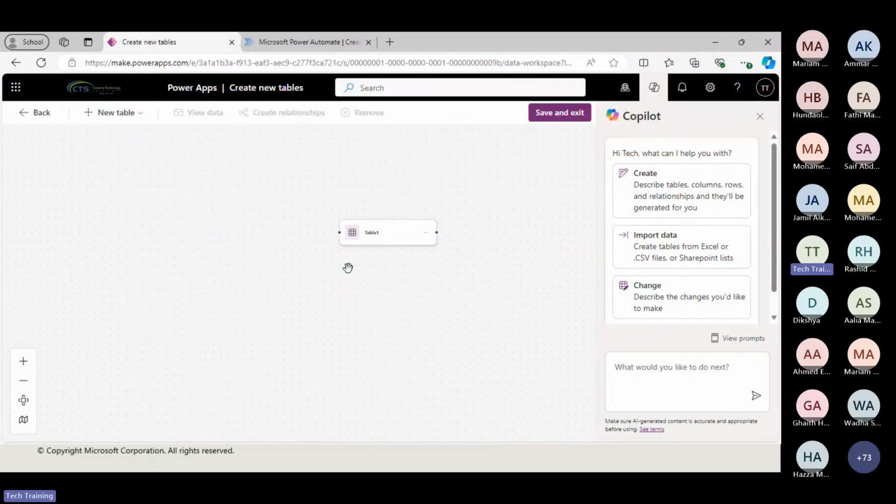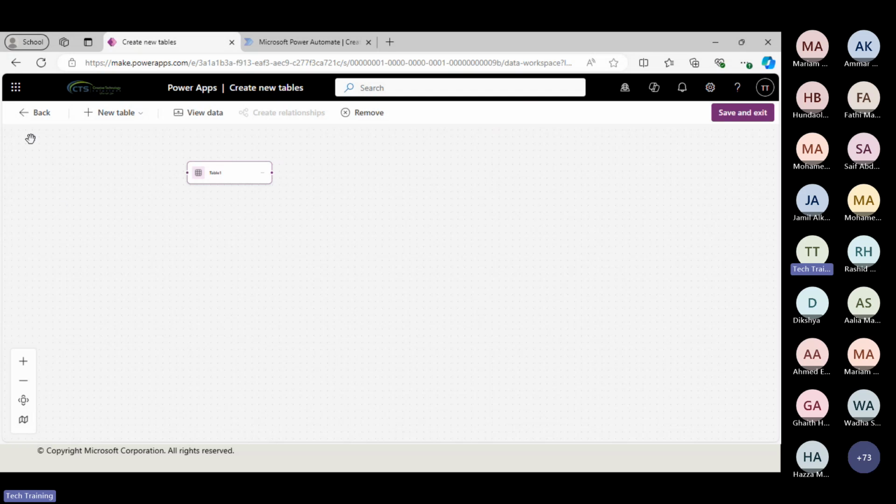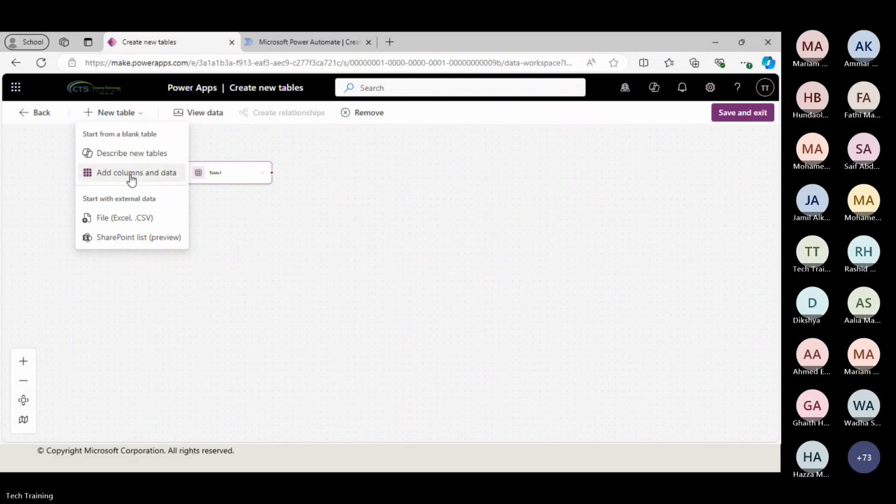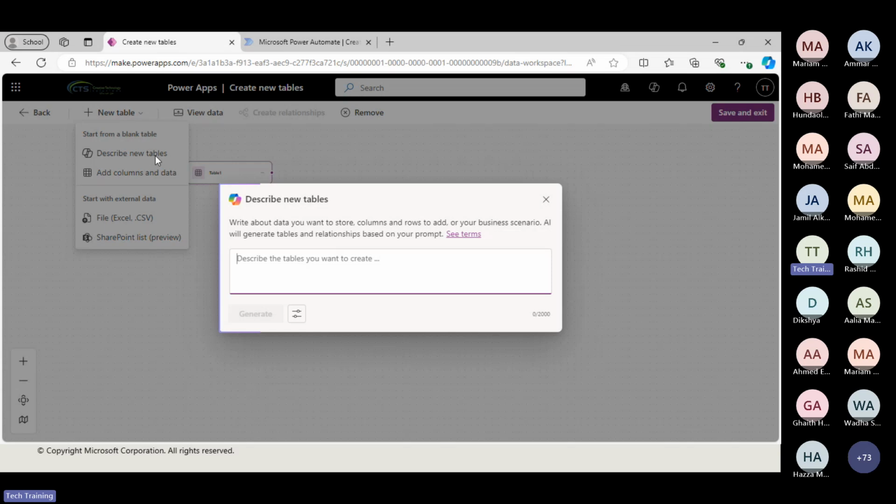Now let me just put this away and close this and go with a new table. Now I will go with another table, okay? If you like to follow another way, we can use describing the table with Copilot. Okay, I need a, let's say, prescription table with primary key,